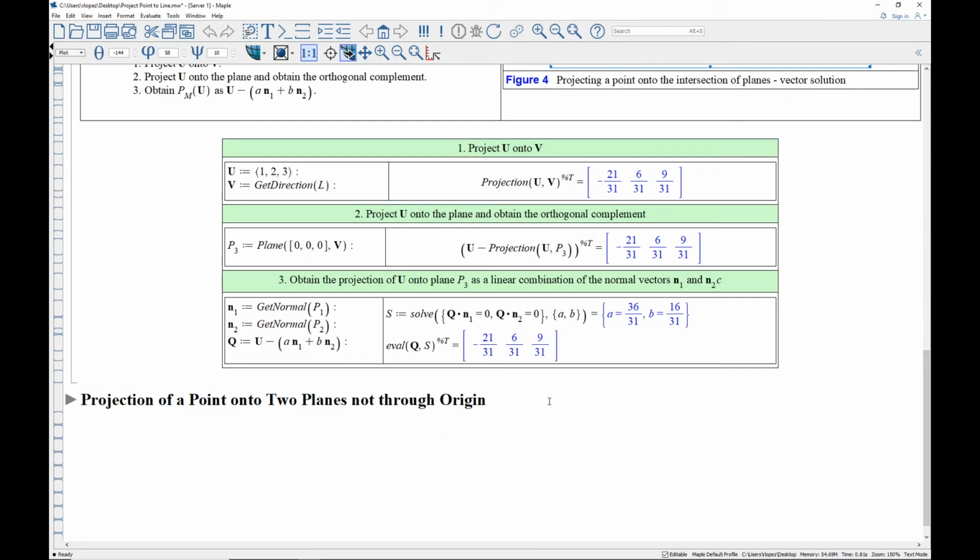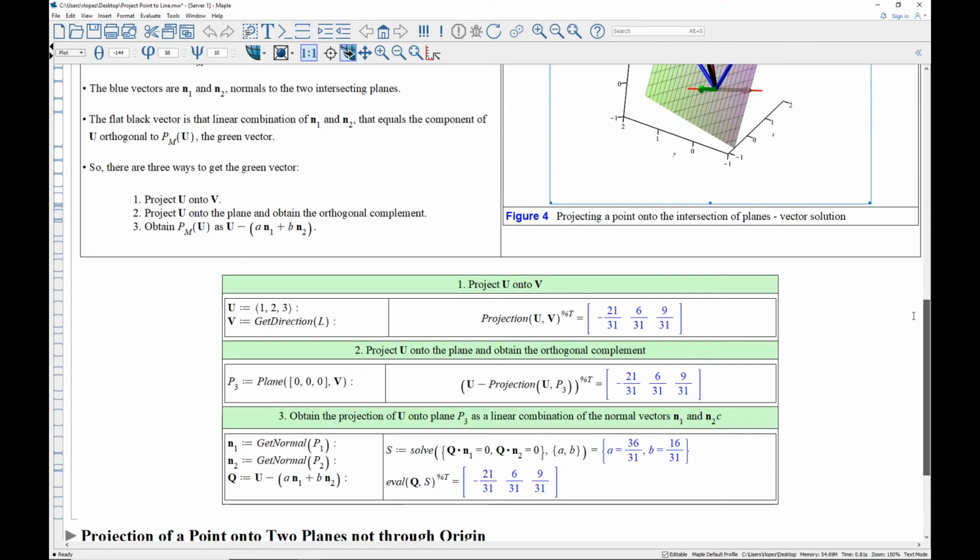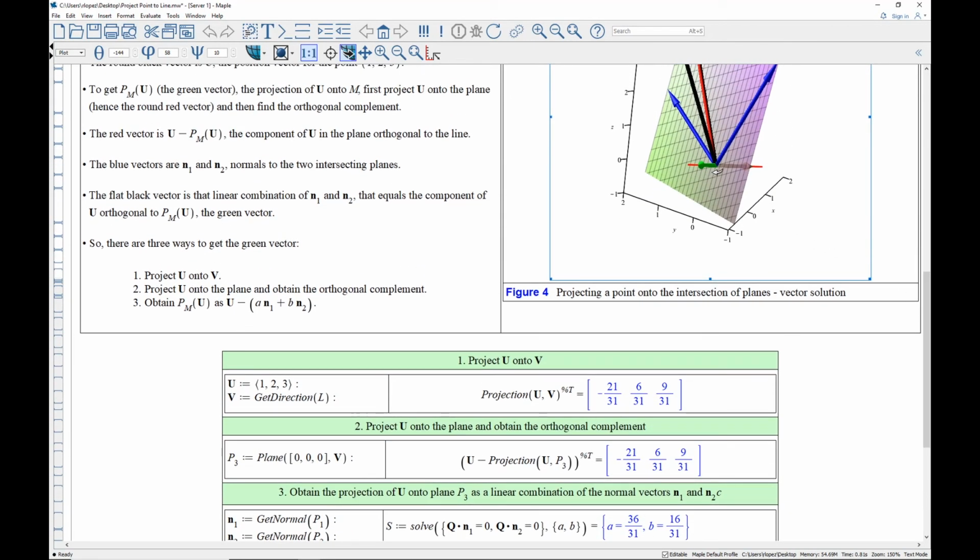So how are we going to do the calculations? Well, we've got to find A and B. So take this vector, which I call Q, dot it with each normal. Now, this vector is really the green vector. And the green vector is orthogonal to the plane because it's along that line, which is orthogonal to the plane. So the green vector is orthogonal to each of the two blue